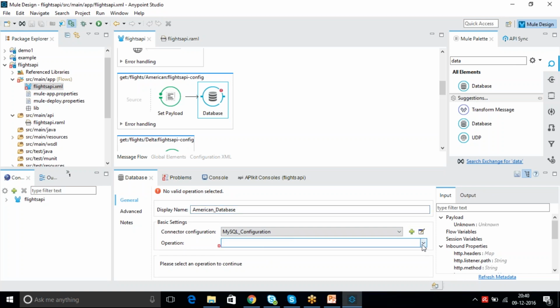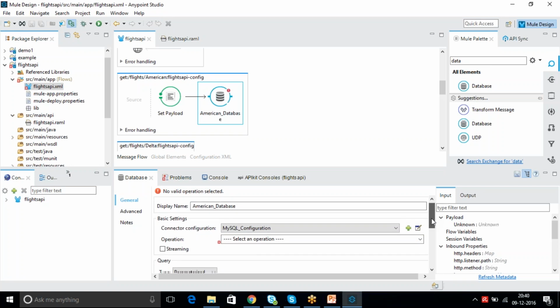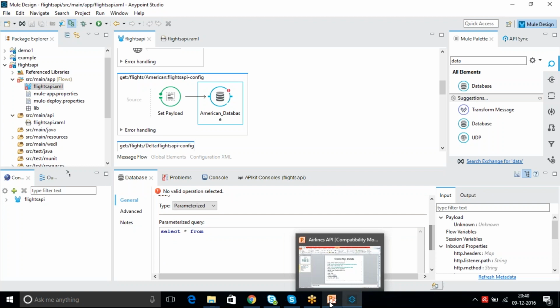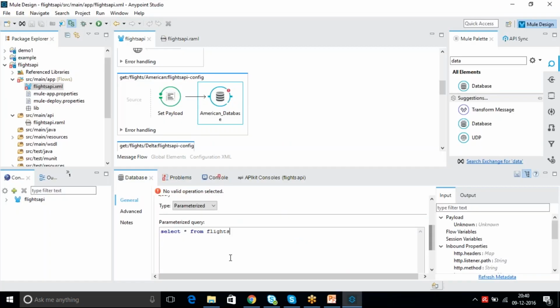So now select the operation. It is select. And you need to write the query also, right? What you are going to select. So select star from where you need to select. You need to find the table. What is the table? Flights. That's it.